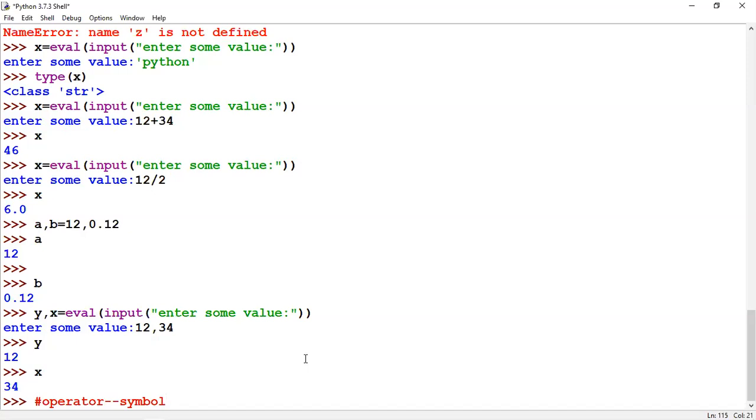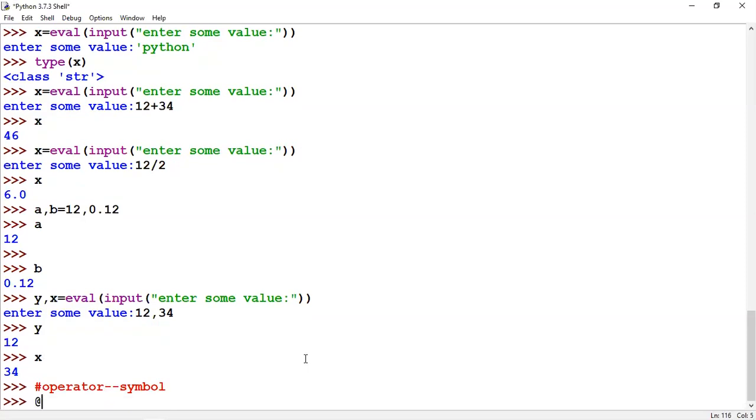First is arithmetic operators. Arithmetic operations are plus, minus, division, multiplication, floor division, and round off. Anything else you guys remember?